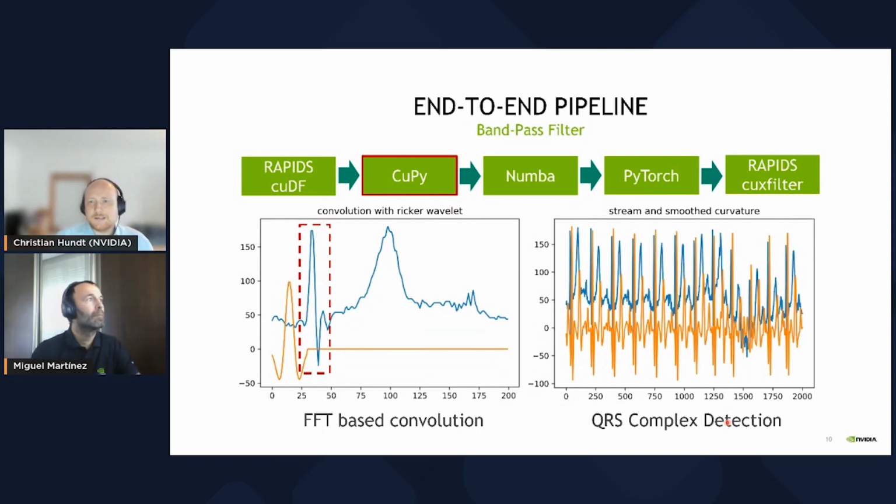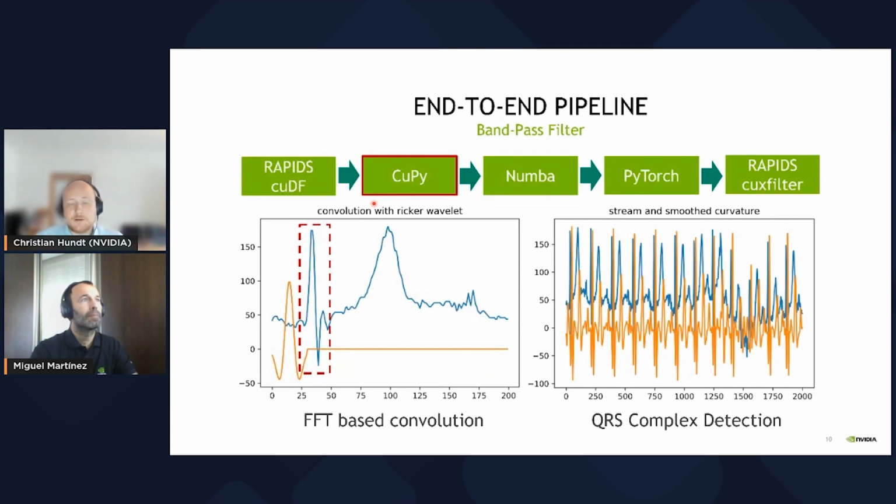So we need some mechanism to isolate them, so we have different heartbeats. We can achieve that with a convolution. Here we choose a global convolution with a wavelet being accelerated by a Fourier transform. You could implement that in NumPy very easily, but since we want to be on the GPU for the sake of the huge compute capability and memory bandwidth, we choose CuPy, which is a drop-in replacement. To achieve that, we would have to copy the data from RAPIDS to CuPy. And therefore, here the first problem arises: we need to transfer data.